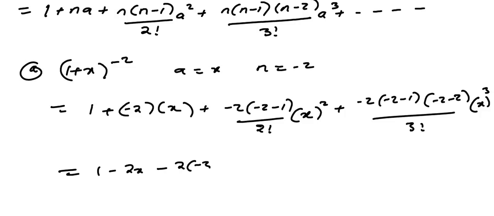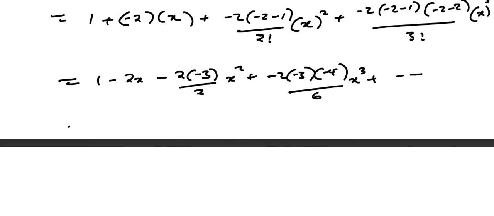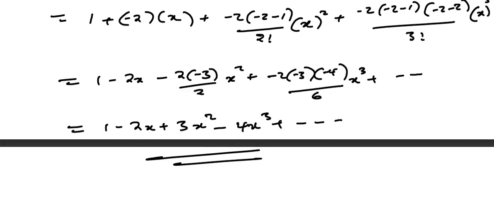minus 2 minus 3, there's a 2, negative 4, this is 6, x to the power 3, this is equal to 1 minus 2x plus 3x squared, minus 4x to the power 3, this is what we have, and the valid region here is just going to be